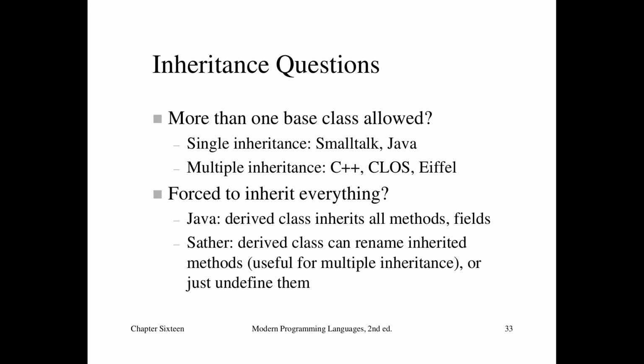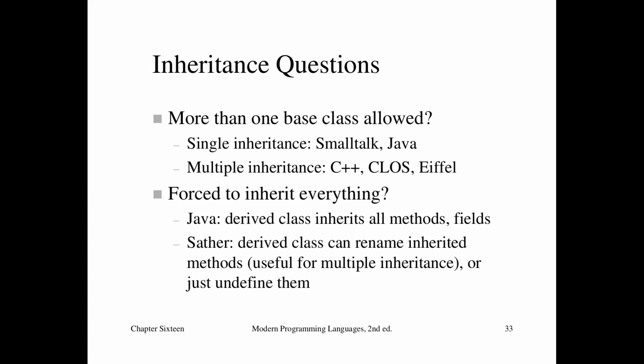When it comes to whether we are forced to inherit everything, in Java we can actually prevent inheriting everything. We can call things final, like methods. We can inherit them, but we cannot override them. That would be the barrier. I would like to say that we don't inherit everything in Java, as that depends on the accessibility of those things. But in essence, we gain everything, because how inheritance really works in Java is that we construct our object and it has everything available to it from all of its other classes, and thus passes type information at the same time. On the other hand, in languages like Sather,